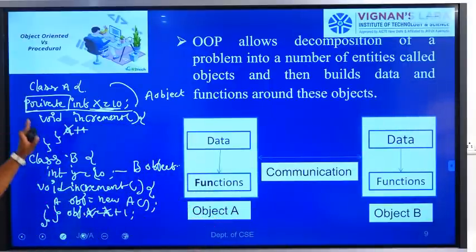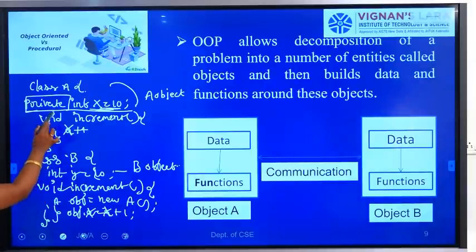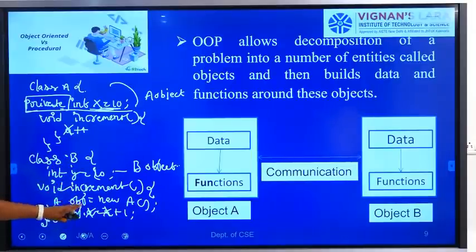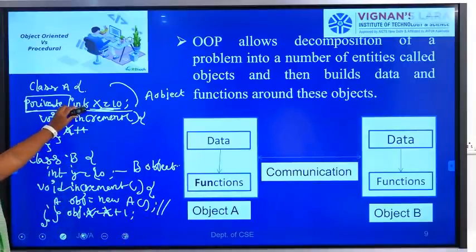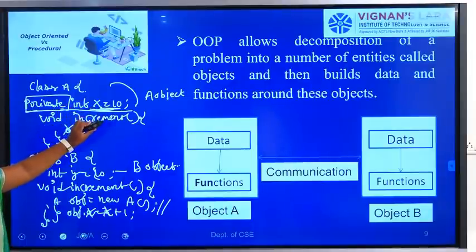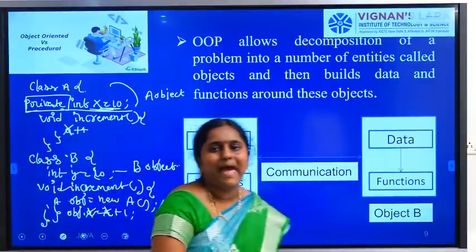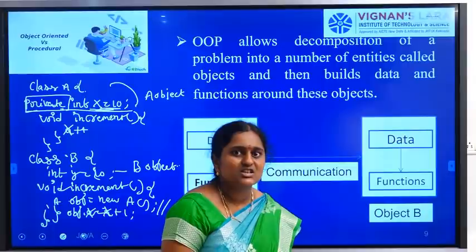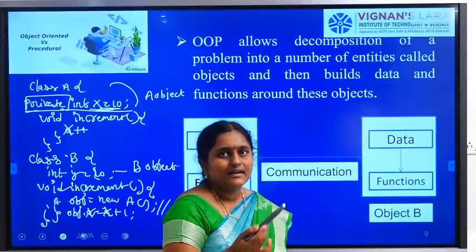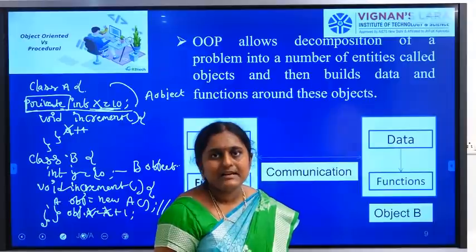In this diagram I have restricted the data, so it is a private access specifier. The private access scope means only functions within the class can access it. For example, if in the B object I try to access the class A data, it could not be updated, because it is the data of object A. So object A data cannot be accessed by object B. However, functions of one object can be accessed by functions of another object, but data of one object cannot be accessed by another object.